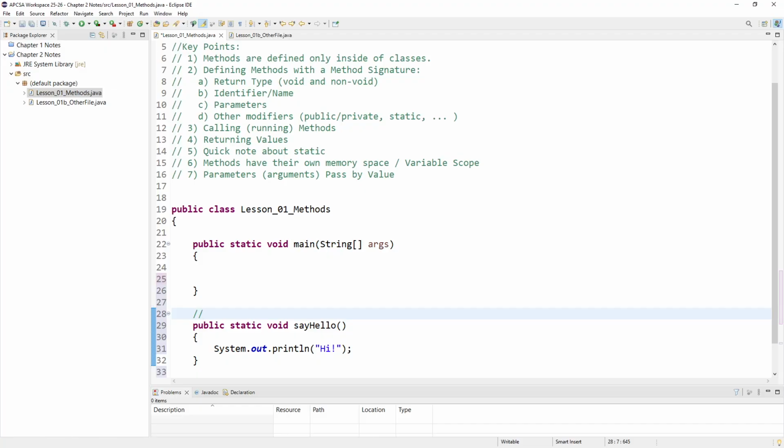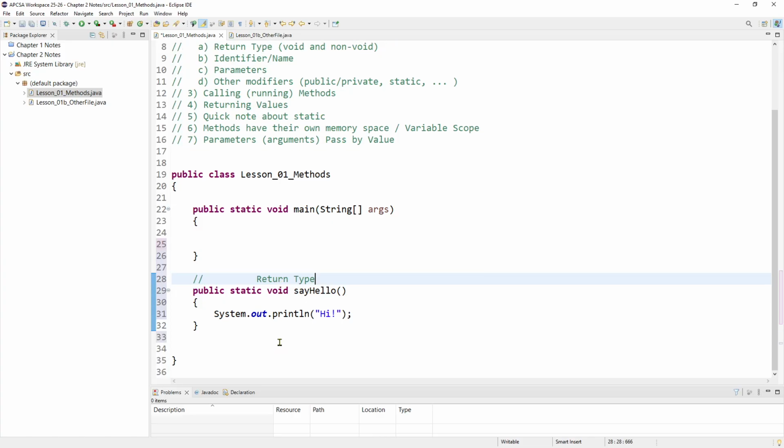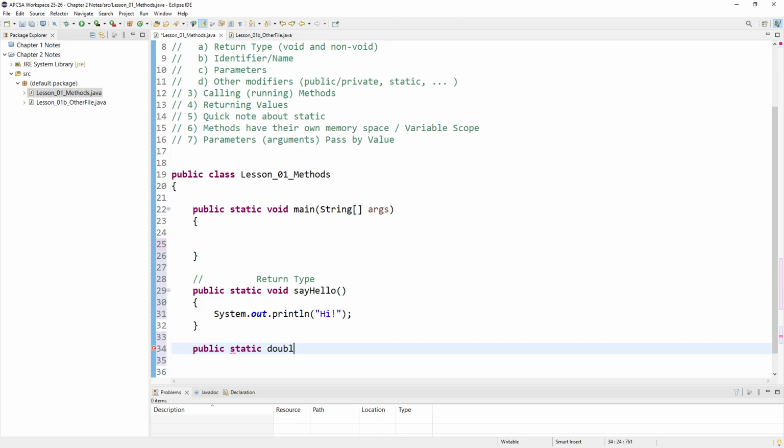The first one I get to is the return type, and that is right here. The return type of this method is void. Void means that the method does not compute and give back an answer. Other return types could be a mathematical thing. So let's say we make a method here. It's going to return a double, and